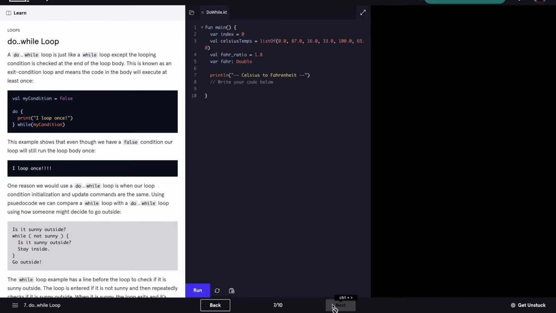Another loop we have in Kotlin, and in Java also, is the do while loop. It is similar to the while loop, with some differences in the syntax and semantics, like how it works. A do while loop is just like a while loop, except the looping condition is checked at the end